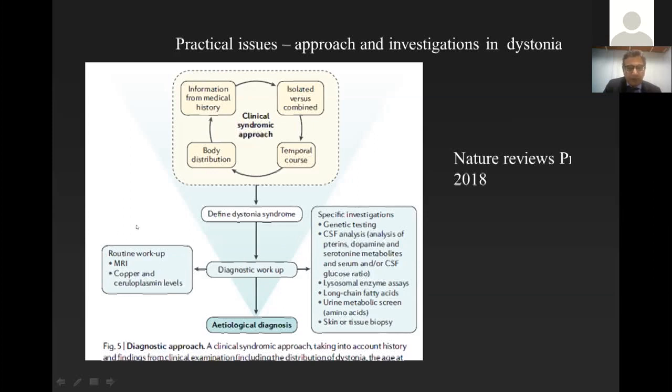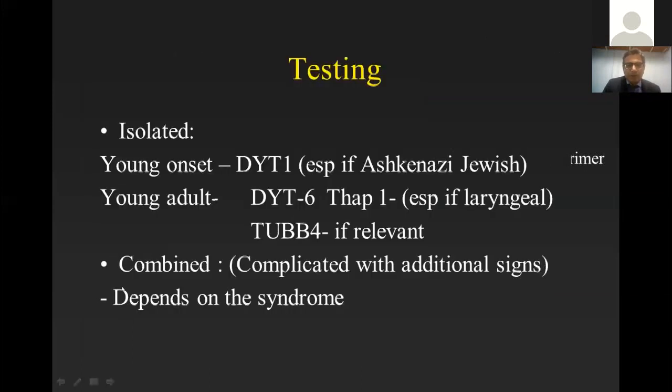In the routine, it is very important, if you're feeling that this is not fitting in with your regular cases of dystonia, to do at least an MRI and copper and ceruloplasmin. So this is my own suggestion. If the dystonia is isolated and young in onset, think of DYT1, especially if the patient is Ashkenazi Jewish. If it's a young adult with isolated dystonia, particularly if there is laryngeal involvement, then DYT6. In some rare cases, DYT4